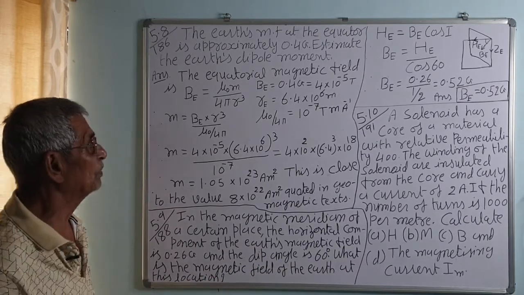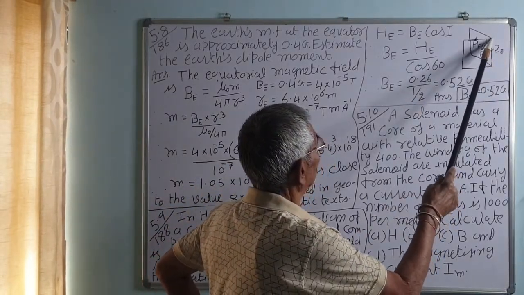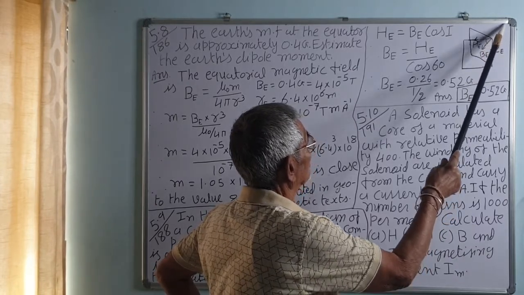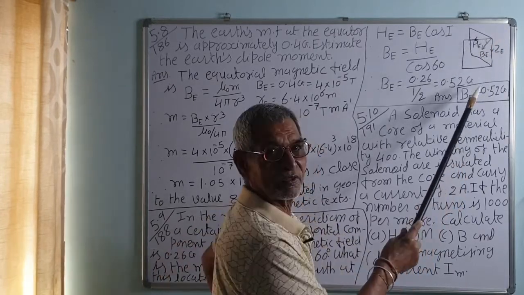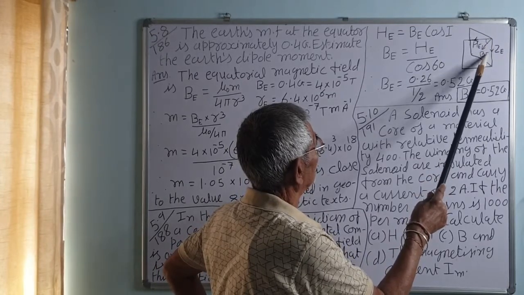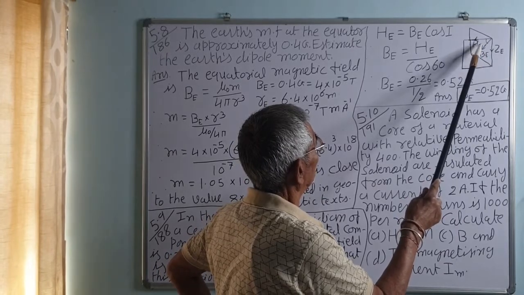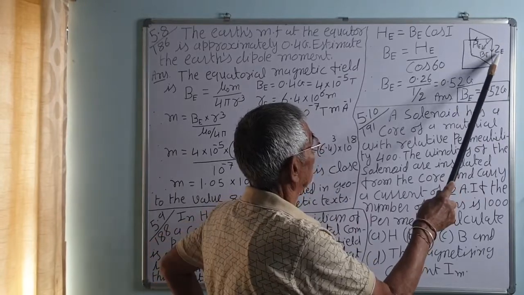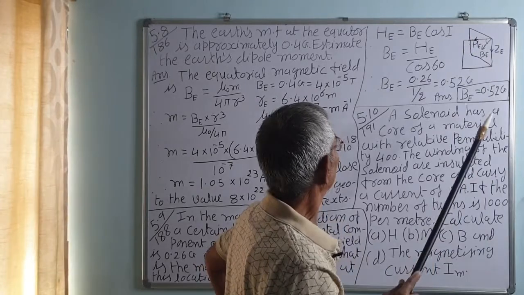It's an oral answer. We know this angle between this, correct? This is the magnetic field direction at that place, the earth's magnetic field. If you suspend a magnetic needle freely, it will show this direction. NS will point in this direction, as we have studied earlier. So this is the direction of the magnetic field at this place, that is BE, E for earth and B for magnetic field. The horizontal component of the earth's magnetic field is HE, H for horizontal and E for earth. And this is the vertical component ZE. In your book it is given as ZE, in some books it is given as V and H also, correct.